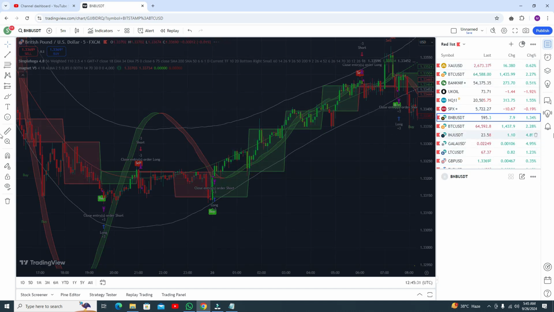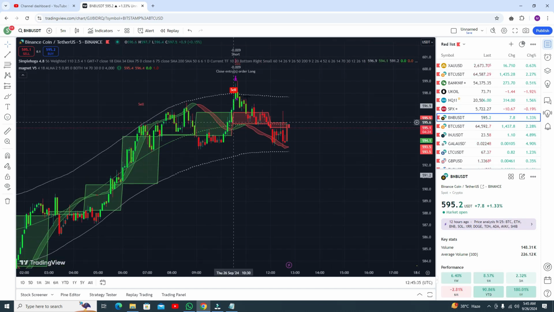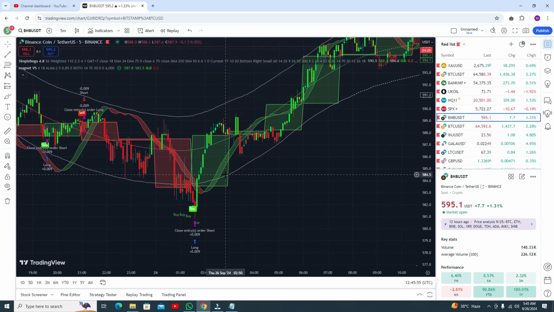This indicator works on all pairs like forex, crypto, all pairs. This was the most recent sell signal. And when any candle touches the lower band line, then you need to exit your trade. Okay, but you can watch it. It was a good signal, and now you are getting some good profit. Okay, in the previous buy signal it was amazing.